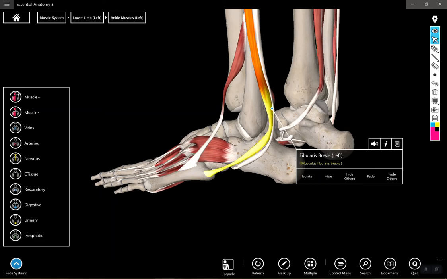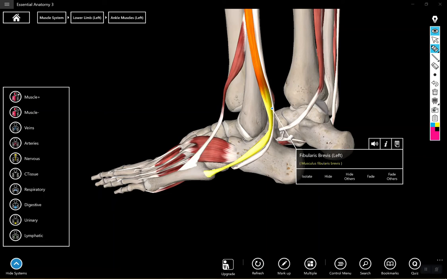So again, if the brevis is contracted, it's going to make this tendon tensioned and it's going to pull this in this direction. So the fibularis muscles are responsible partially for pointing your foot. They're also important for standing and stabilization. So Fibularis Brevis,